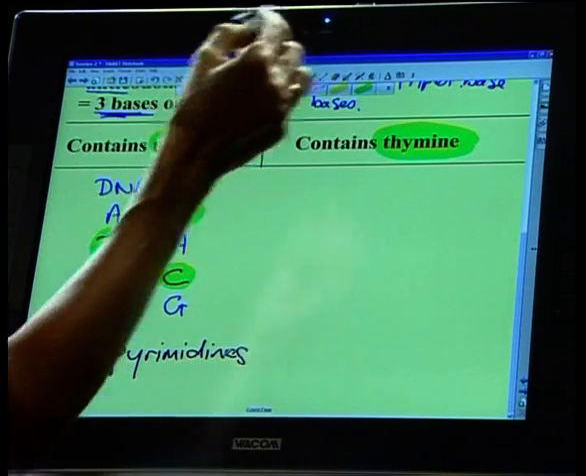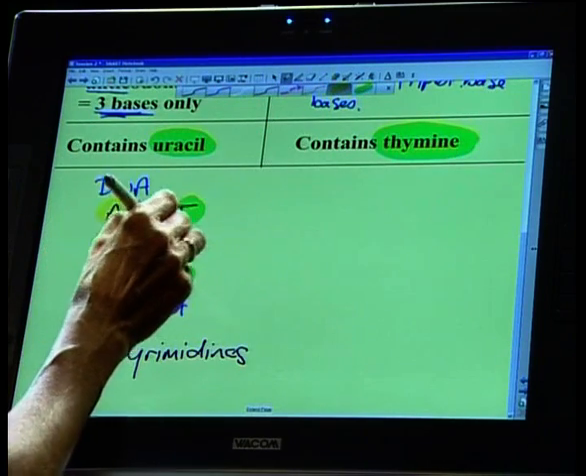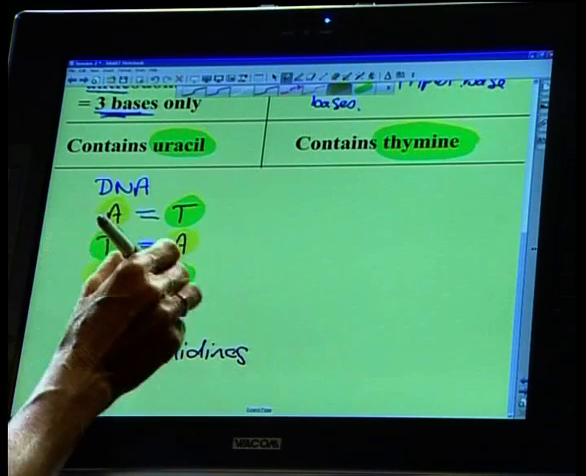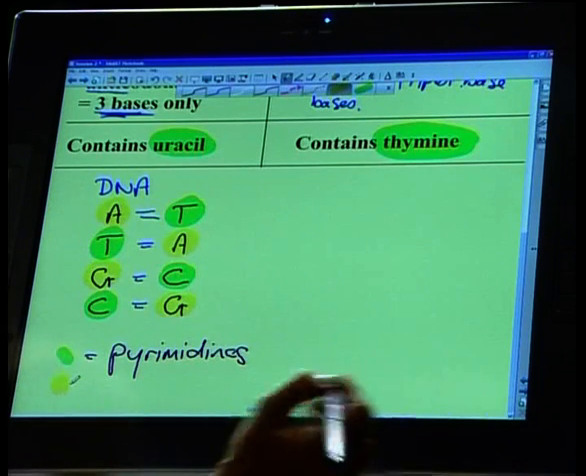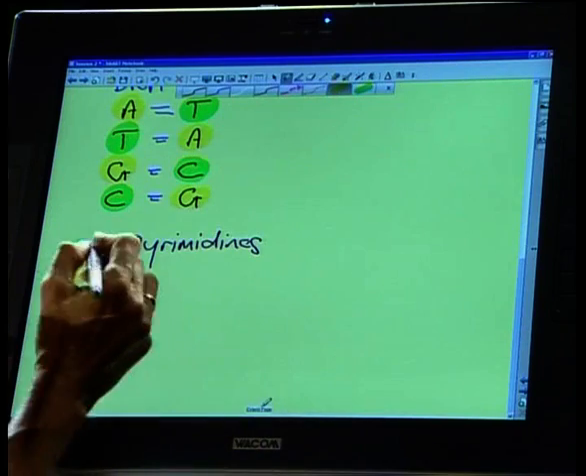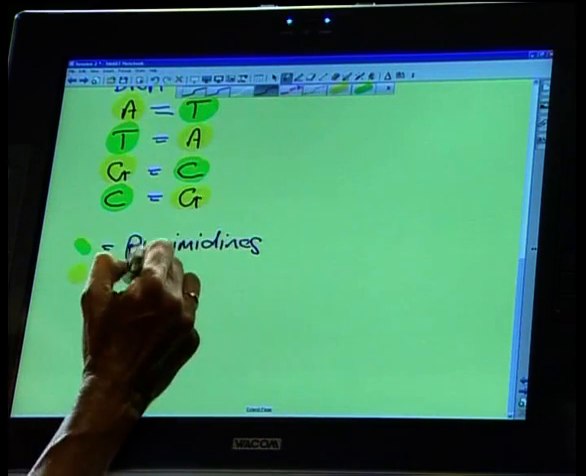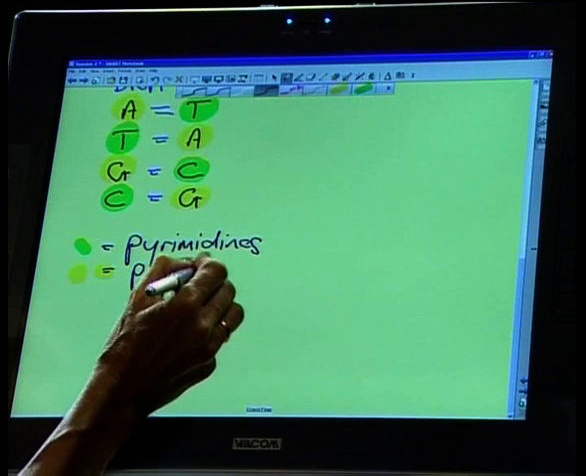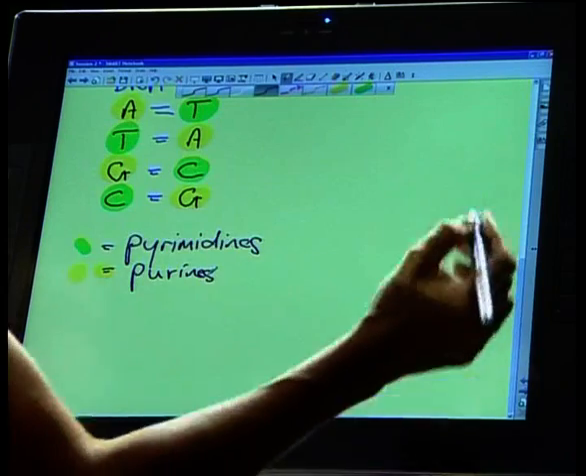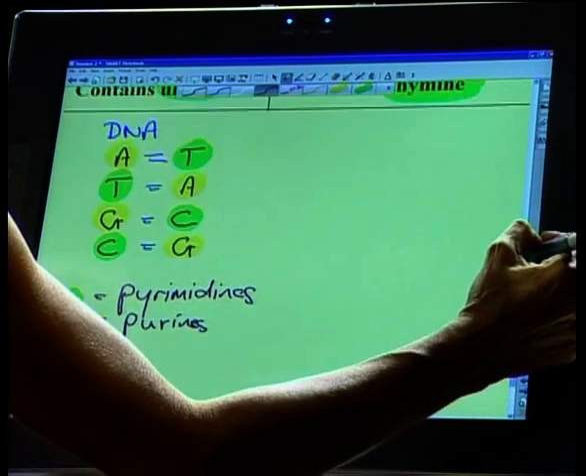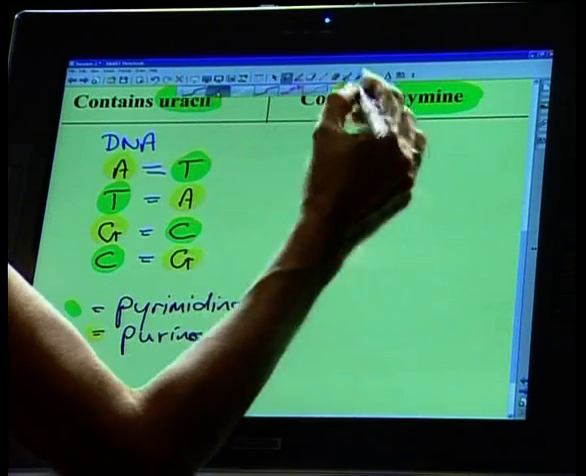Okay? And adenine, adenine, guanine, guanine, purines. All right, now, in RNA,